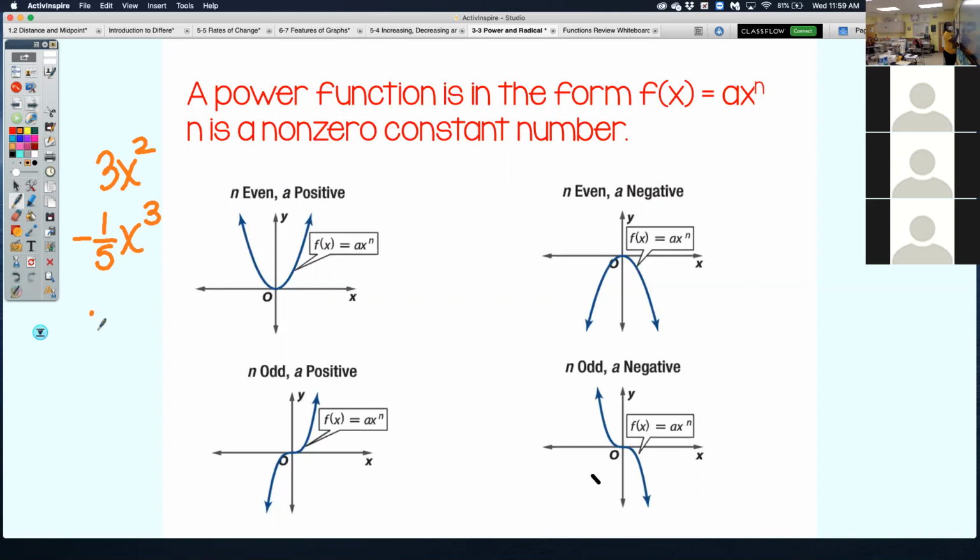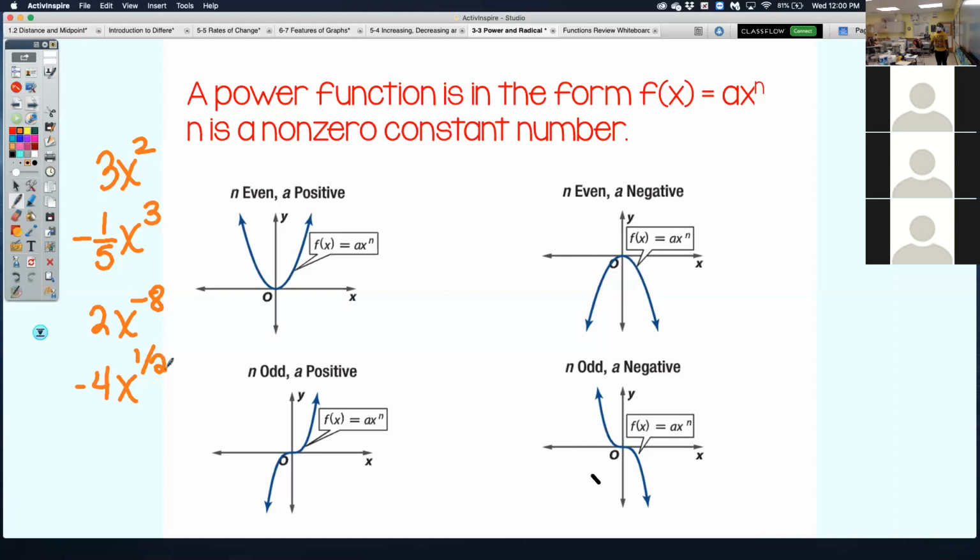Or even 2x to the negative a power. Even that is an example of a power function. Same thing with like negative 4x to the 1/2. That too is also a power function because it's in the form of some number a, x, then raised to